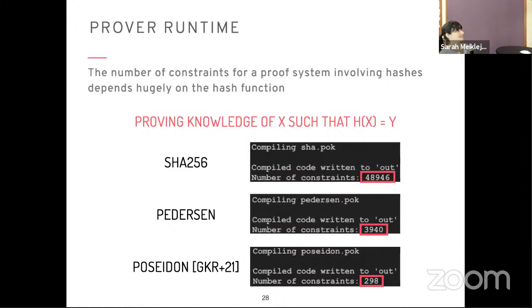So we can see, like I said, SHA-256 is really bad. We're at almost 49,000 constraints for proving, again, knowledge of a single hash pre-image. The Pedersen hash, which is an algebraic hash function, is much better, already an order of magnitude better. I guess that's maybe expected because Pedersen is algebraic. But of course, the problem with using an algebraic hash function is that it's quite expensive to evaluate outside of the snark. So yeah, the one hash function